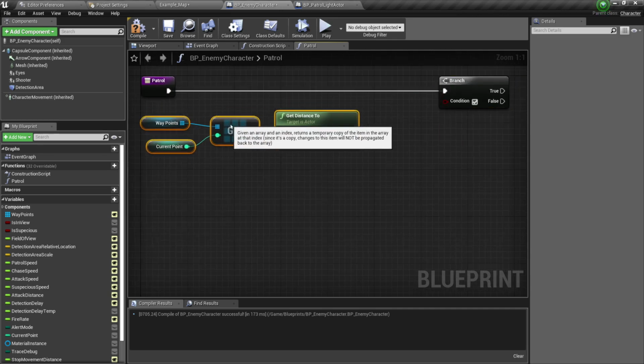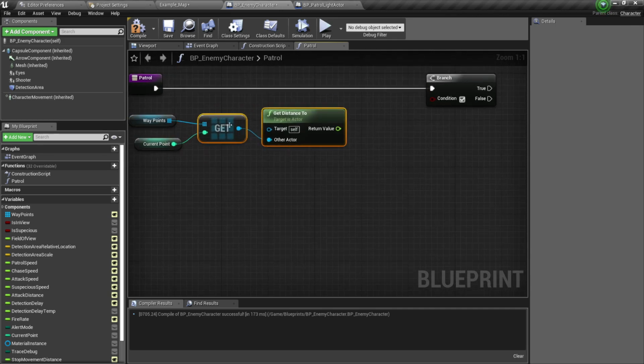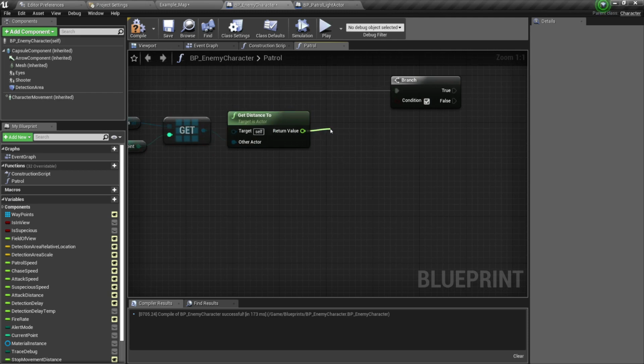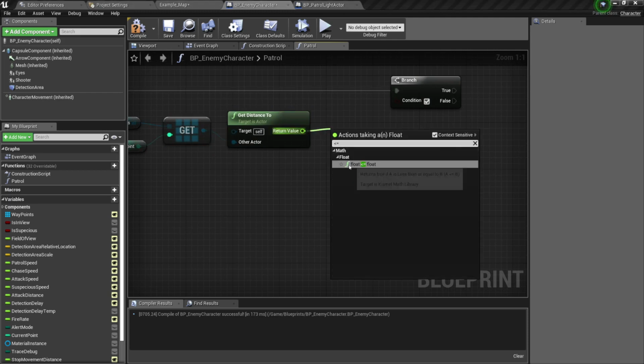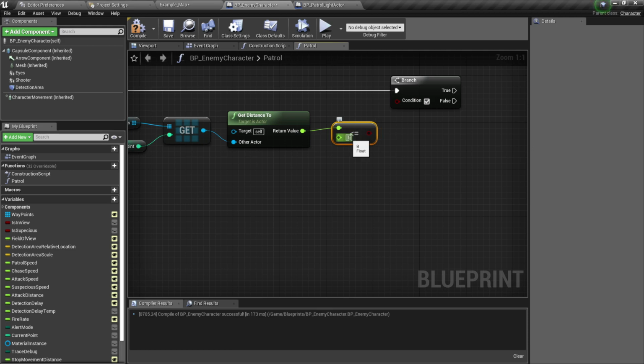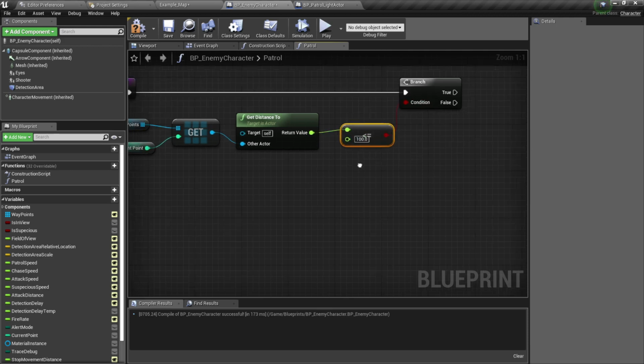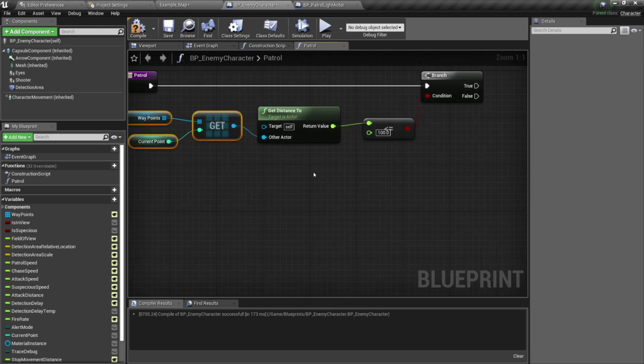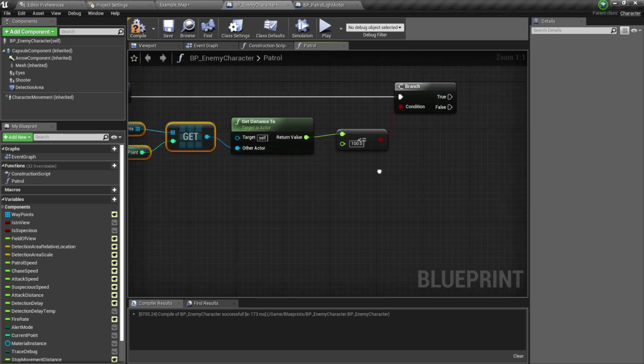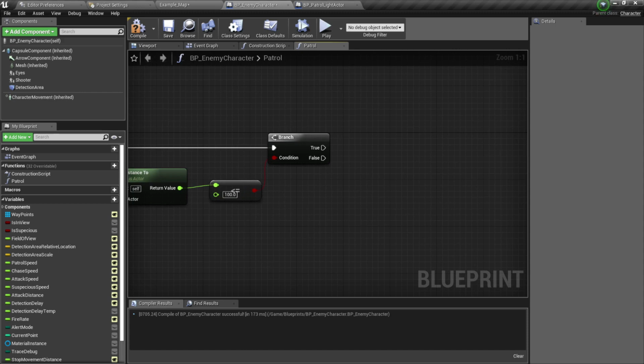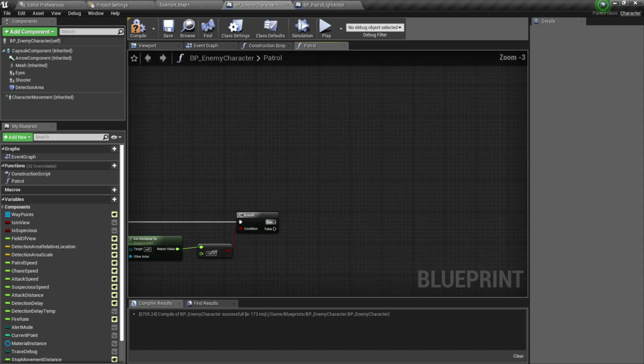So basically we're testing over here with this code. And of course, adding over here less than or equal to, there you go. And from here, I'm going to say 100. So we are testing the distance between the current waypoint and the enemy. You see the target here is self, referring to the enemy. So if that distance is less than or equal to 100, then from true,